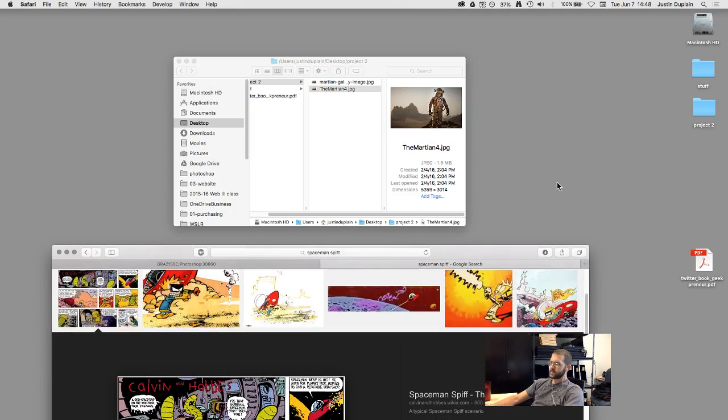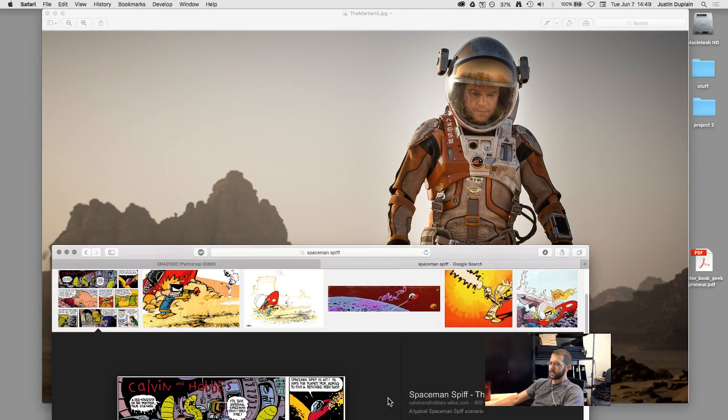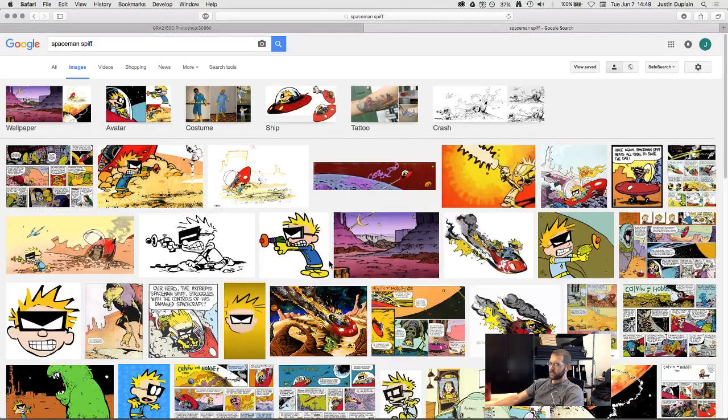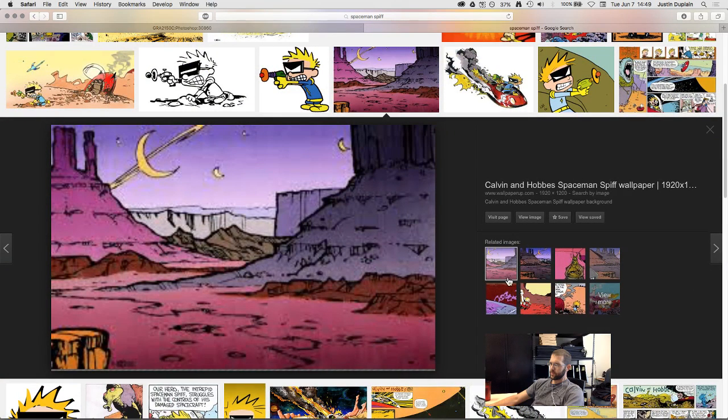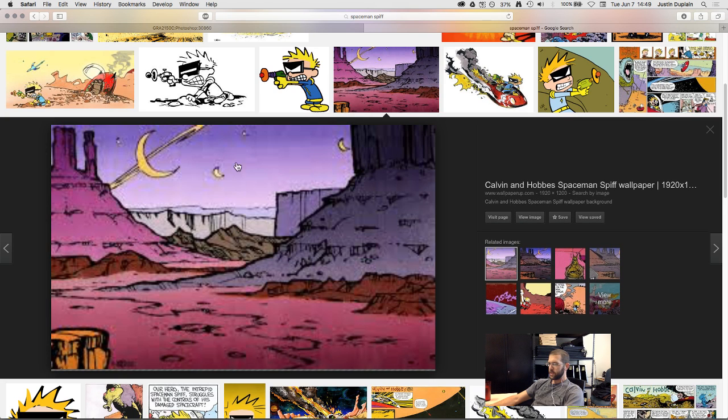my image. Where's my image? Here's my image. I want to give my image the Spaceman Spiff treatment. So Bill Watterson, who is the artist that made Calvin and Hobbes, he sometimes did some really awesome kind of landscapes with his images with Spaceman Spiff. So this is a good example of one of those. It's got some really nice color, some very thick line quality,